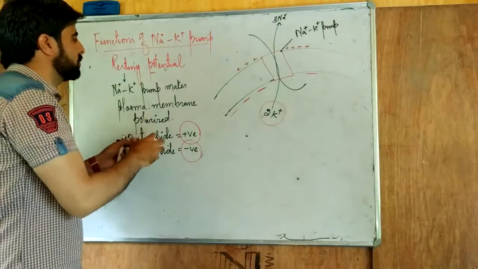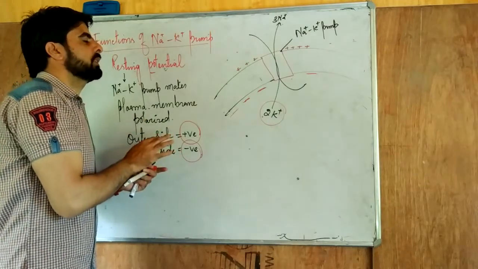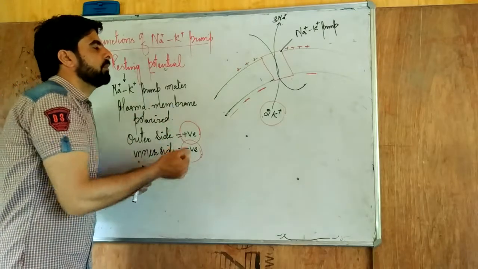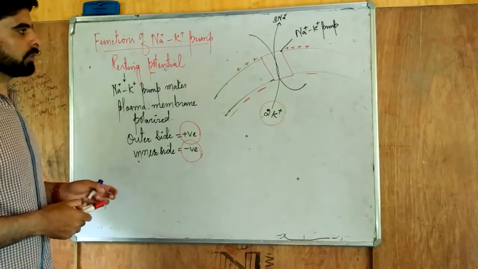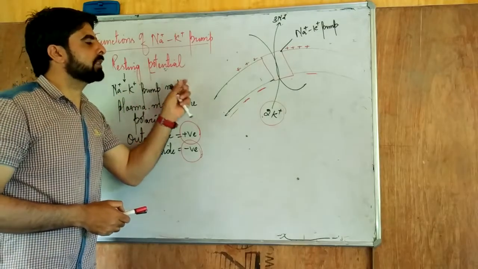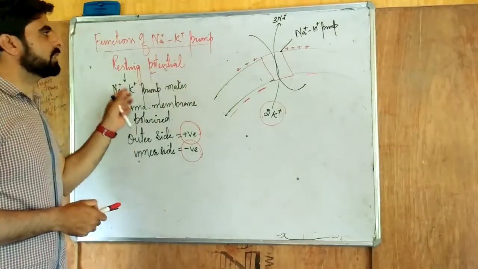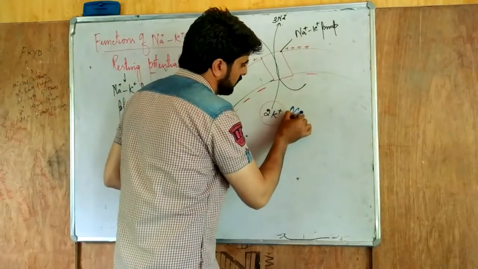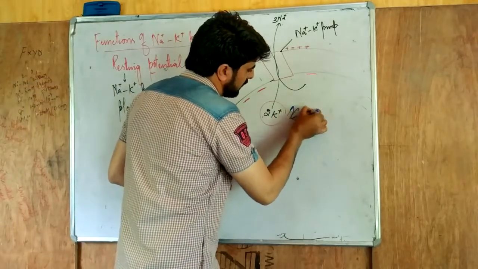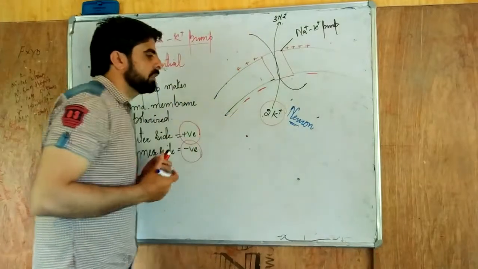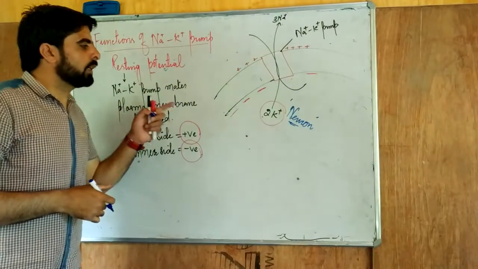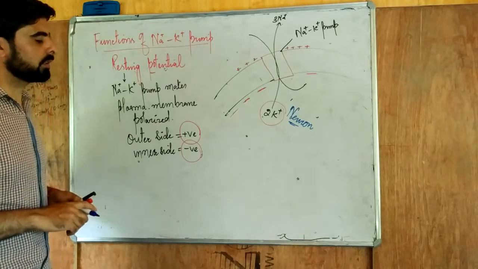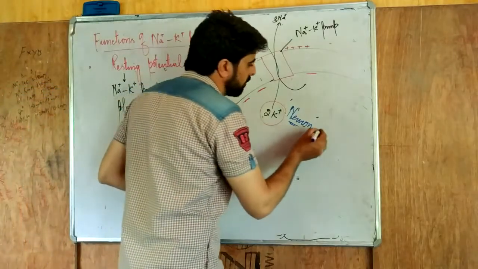So resting potential is when the outer side of the plasma membrane is positively charged and the inner side is negatively charged. We can call that the membrane has become polarized, and we call it a resting potential. Say for instance, if we take a neuron, because we mostly see action potential in neurons and muscles. We will discuss it in detail in a long discussion on action potential. But a neuron has this resting potential.